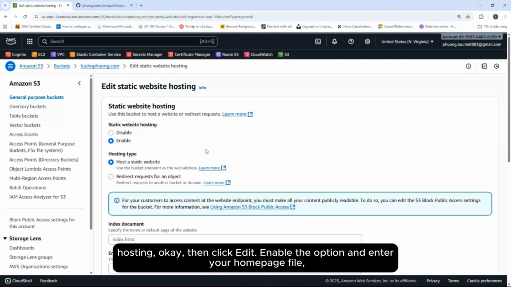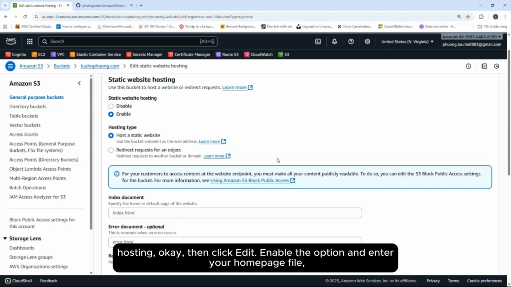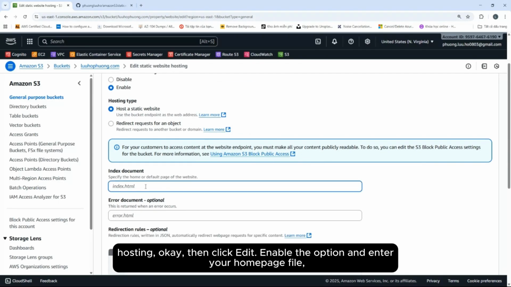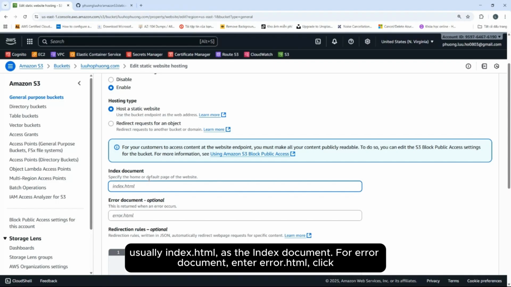Enable the option and enter a homepage file, usually index.html, as the index document.